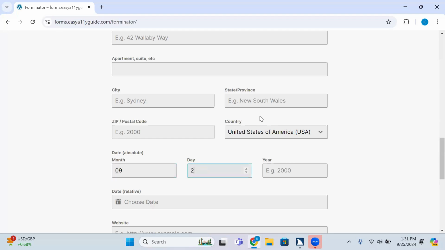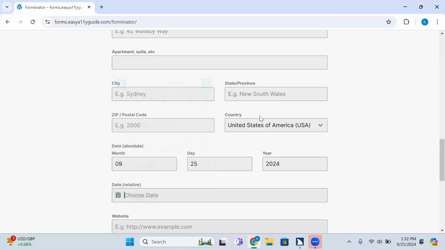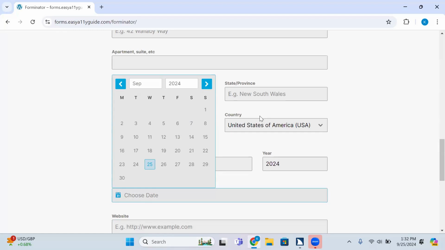Okay. Day edit spin box 225. Year edit 2024. Date relative. Year date relative edit blank placeholder. Choose date. Type in text. Choose. It's a big combo box thing. Sounds like an edit. Yeah, it's the calendar pop-up JavaScript box. Website edit. Can I use arrow keys? Nope. We're just going to mark that as inaccessible and go to the next field.